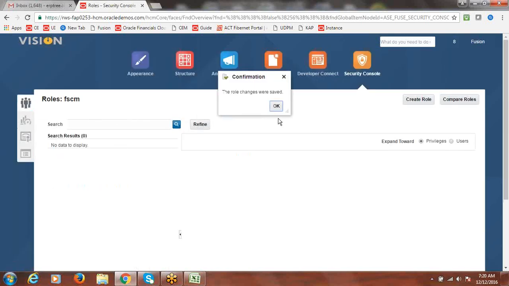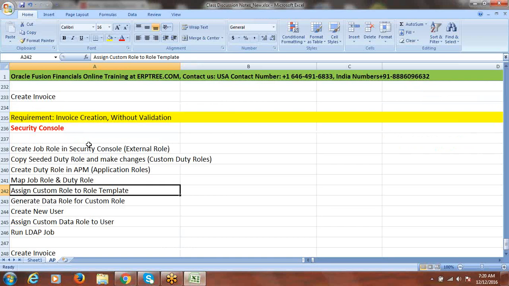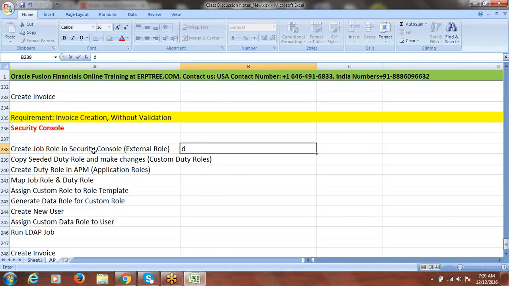We'll discuss these few points once again, as we'll be doing a similar task. Just the naming convention I gave, that's all. So whatever we did, the same process in IDM we can do by following almost the same process from the security console. We completed this, we're done with this.